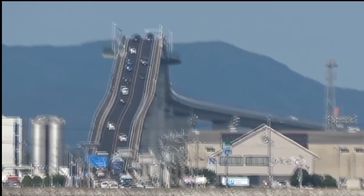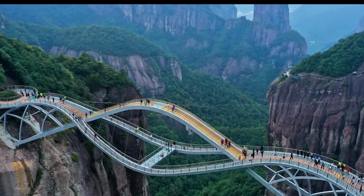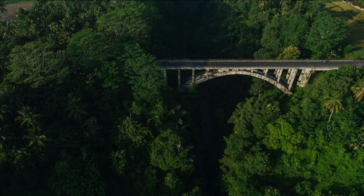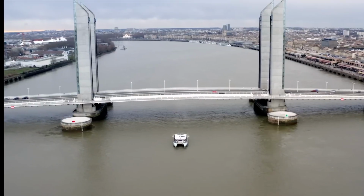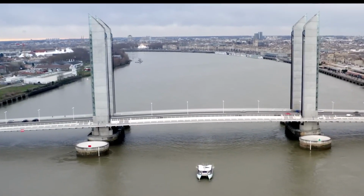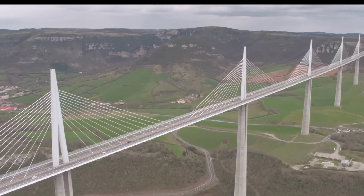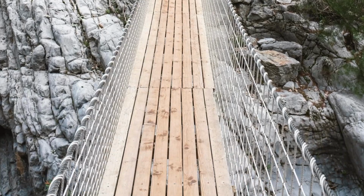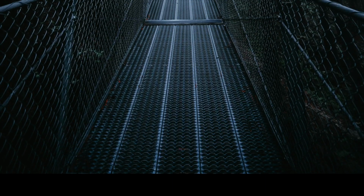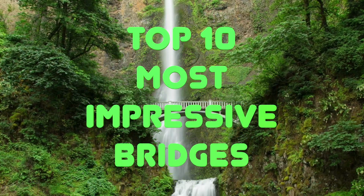Bridges play a crucial role as essential transportation connections, yet they can also stand as magnificent achievements in engineering, art, and architecture. These structures not only serve practical functions, but also exhibit the beauty and innovation of human design. Therefore, join me for today's video as I take you through a countdown of the 10 most impressive bridges from